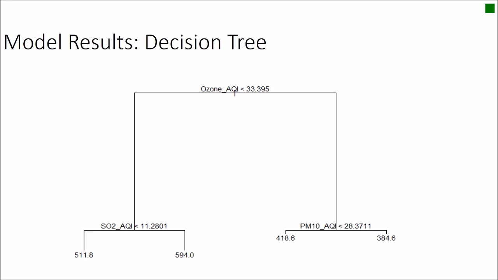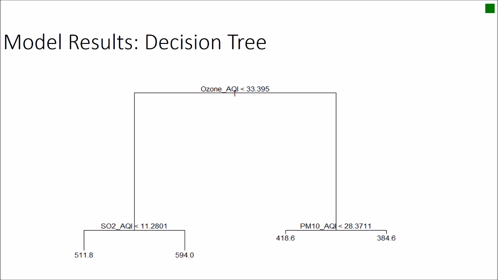The resulting decision tree indicates that the initial split occurs on the ozone air quality index reading, and that value is, in this representation, 33.395. So the second split on the left, if the reading is less than that, is the sulfur dioxide air quality index of 11.28. And according to this model, when the ozone AQI was less than 33.395 and the sulfur dioxide AQI was greater than